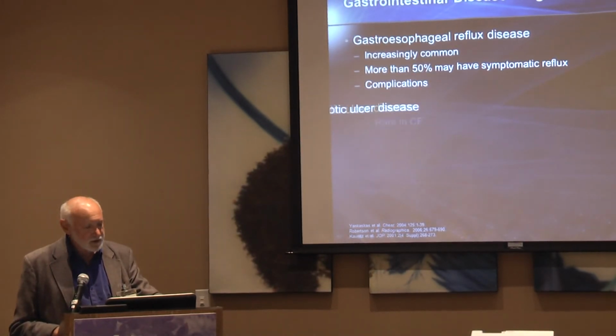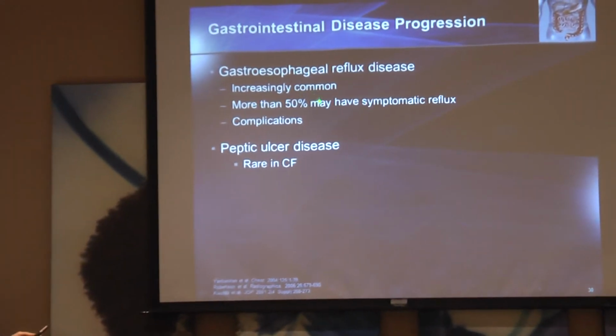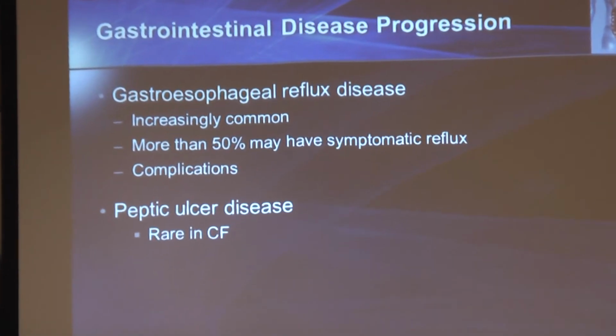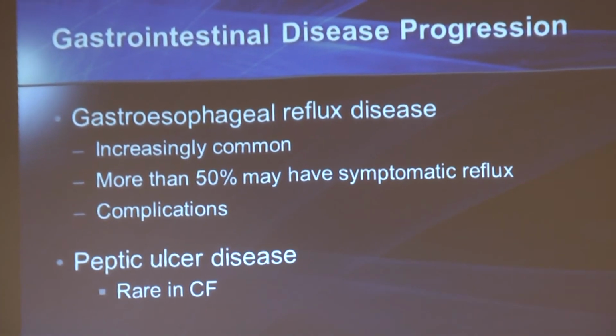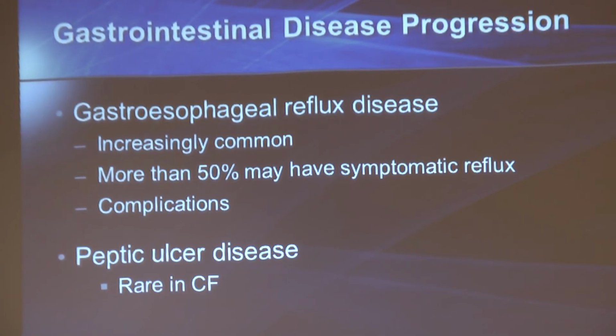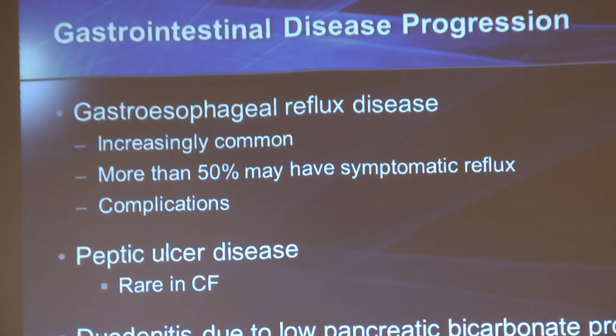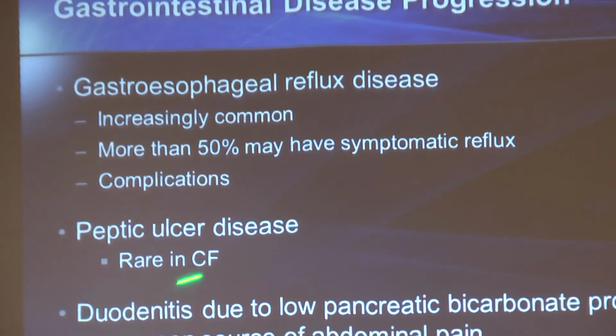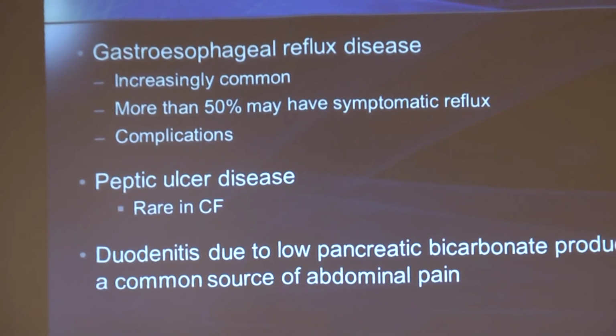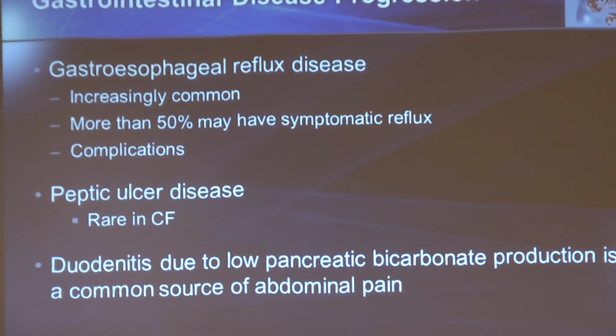The reflux disease is pretty common, especially later in life. Probably all that coughing loosens the muscle that keeps the acid from going back up the esophagus over time. Luckily, actual peptic ulcers are rare in cystic fibrosis. But we do get inflammation in the bowel, as I mentioned before, and that can cause abdominal pain as well